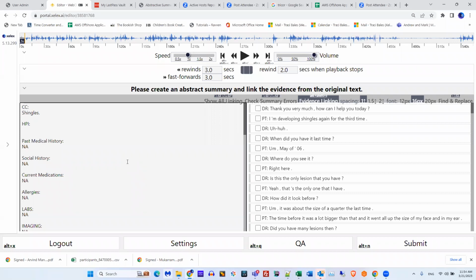The first sentence in the history of present illness has to say the patient is seen today for and whatever reason. That is for every first sentence that you have under HPI. Okay, and you link that.